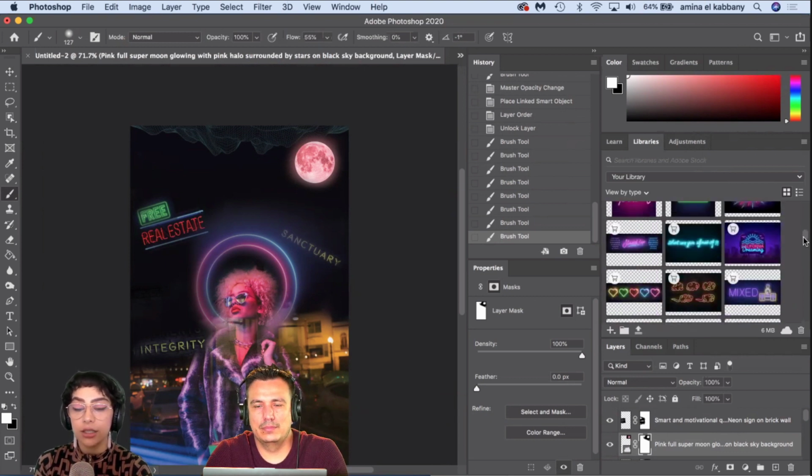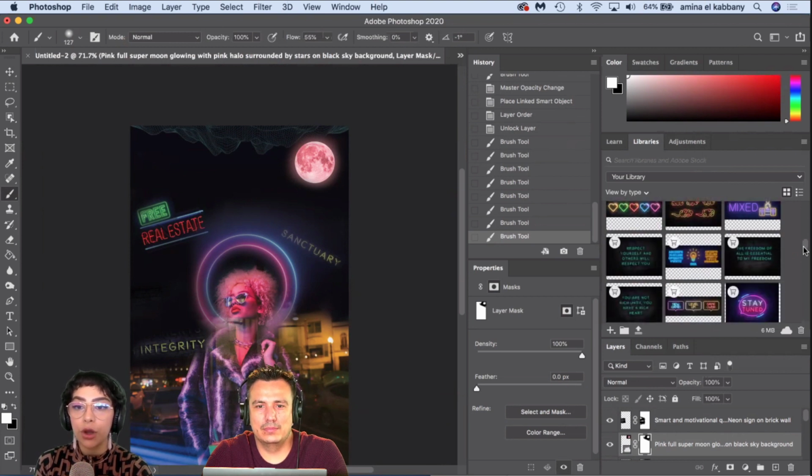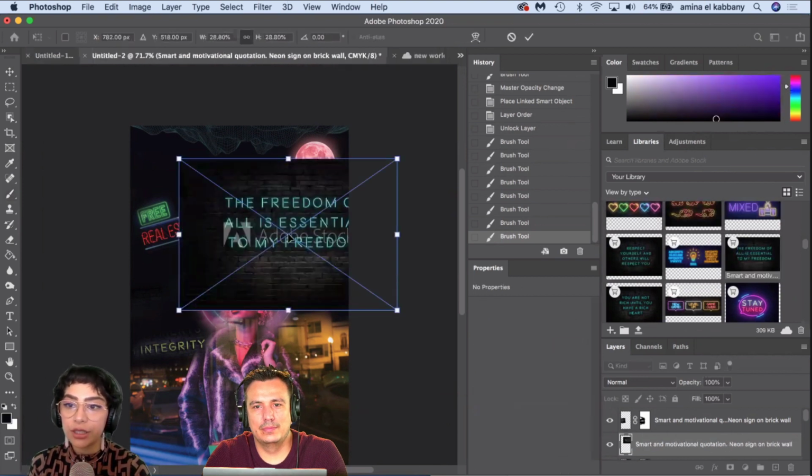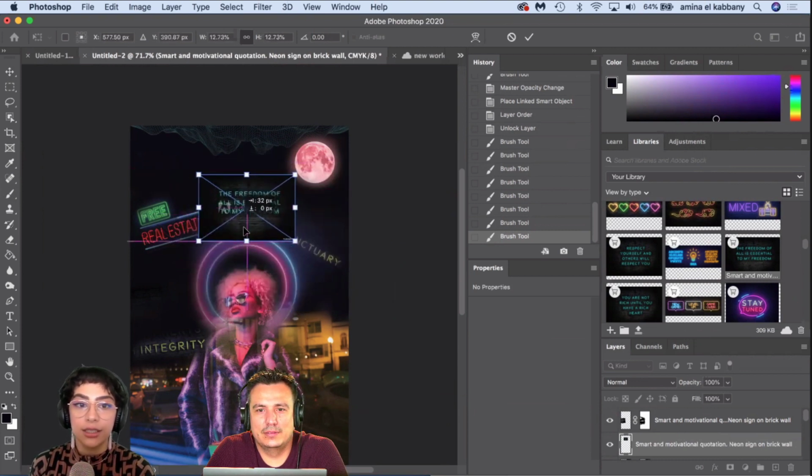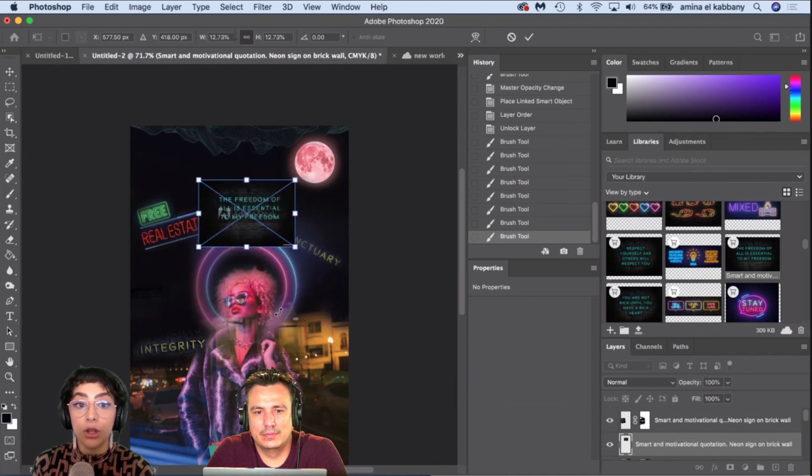We need to hold each other accountable, not only for doing things wrong, but for taking action to change. For sure. I really like, okay, so this is crucial. The freedom of all is essential to my freedom. That I might just leave as is, because that is the main message of today, that freedom for one is freedom for all. And I really want to drive that message home, that the liberation of Black people is liberation